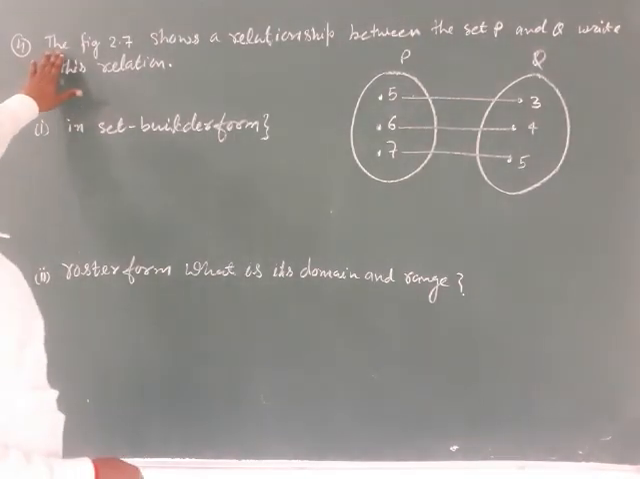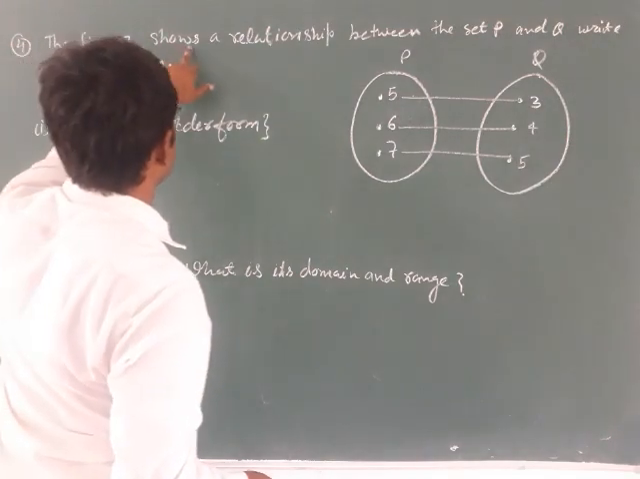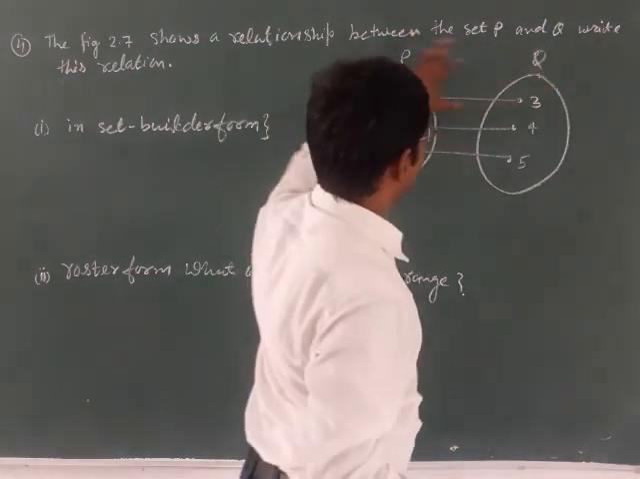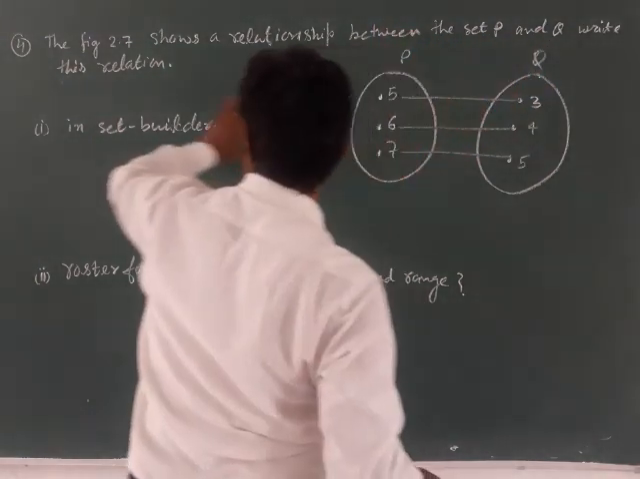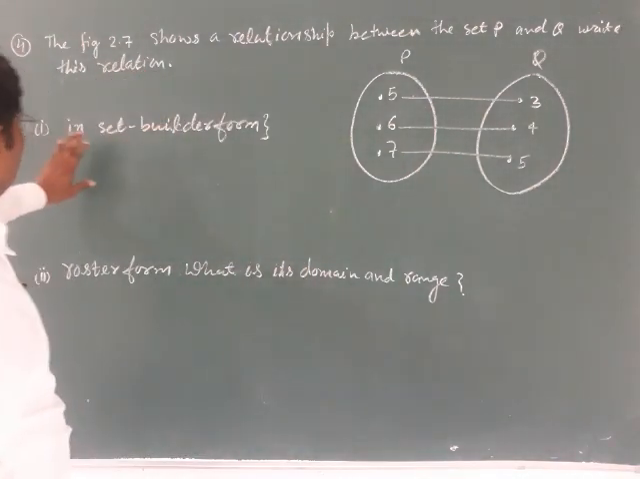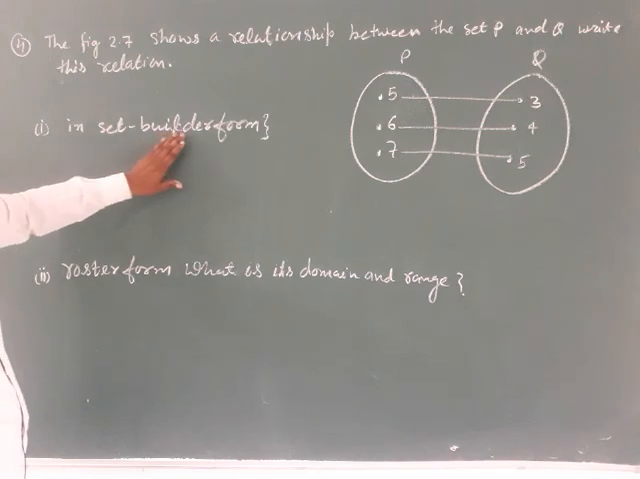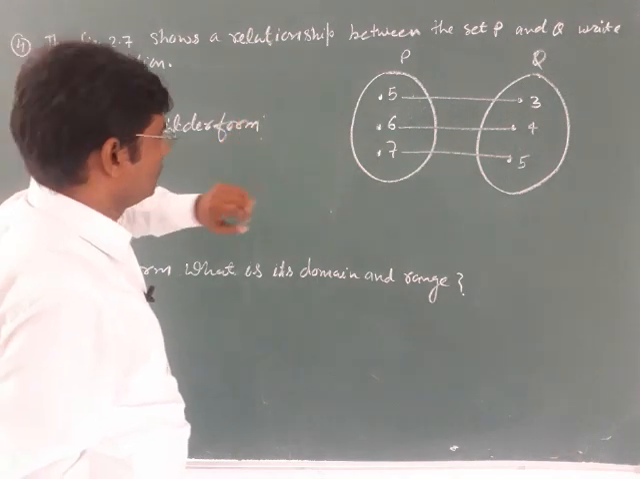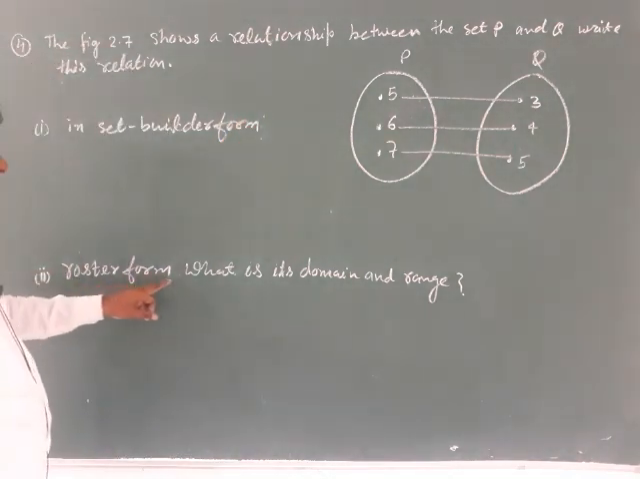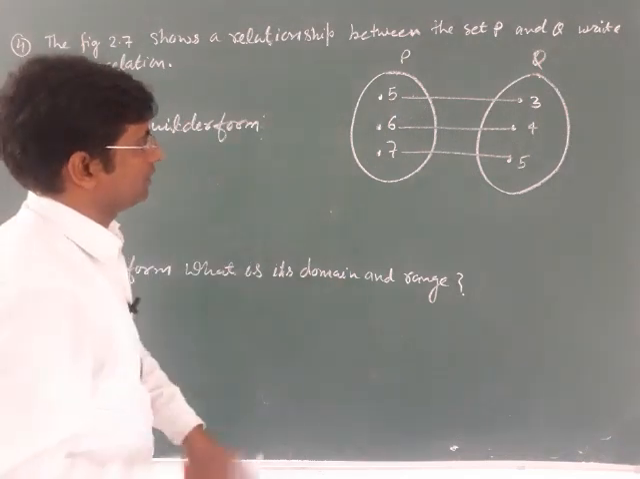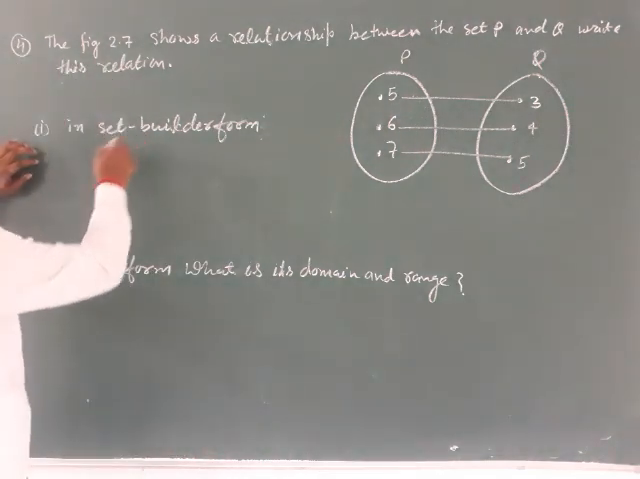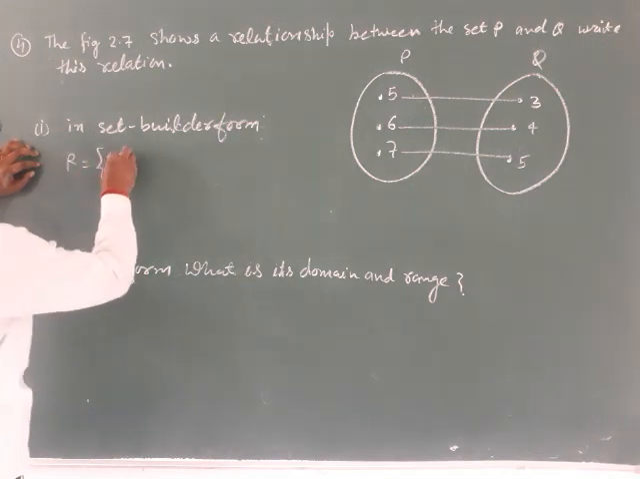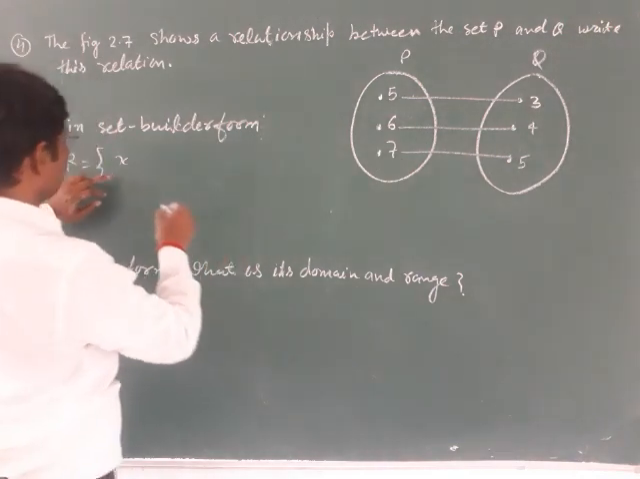Question number 4. The figure 2.7 shows a relationship between set P and set Q. Write this relation, first, in set-builder form, and second, in roster form. What is its domain and range? So now, set-builder form. R = {x such that